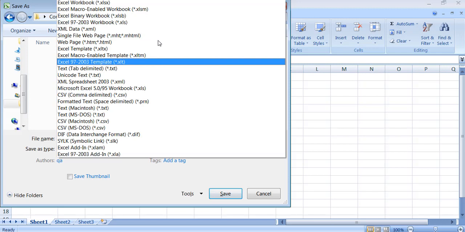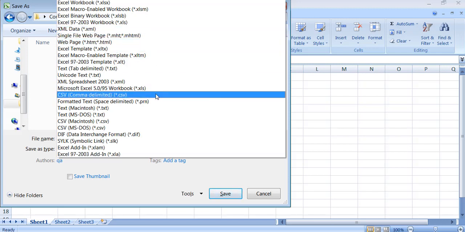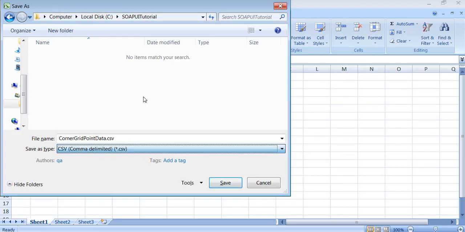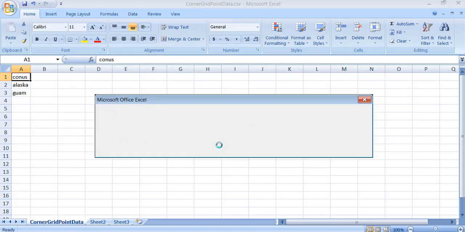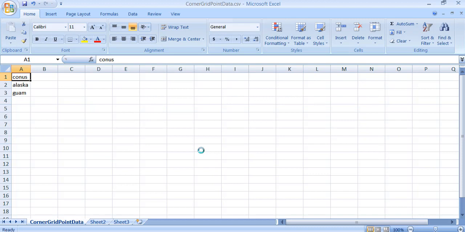We have to see whether we have an option for CSV here. Yes, comma delimited, .csv. Select this, click on save, click OK, click yes. The file will be saved into a specific location. Then close this, or keep it open, it's okay.